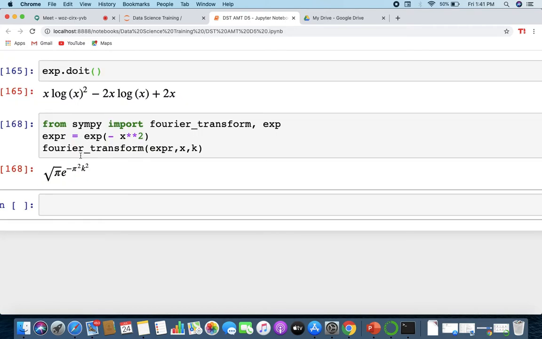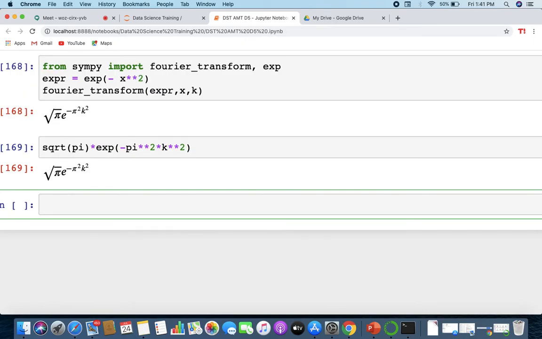So this will give you the integral of that, right? That is the square root of pi multiplied by e to the power of minus pi square x square. You can also write this as sqrt of pi and then an exponentiation of minus pi into 2 into k, and that is squared. So you'll get the same value, right? These are the things you can write. Similarly for the Laplace transform, you just have to write it as